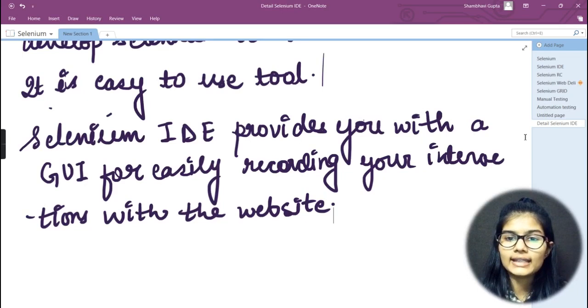Okay, and next, Selenium IDE provides you with a GUI, that's the graphical user interface, for easily recording your interactions with the website. So here you have a GUI as well, which very simply allows you to record the interactions with the website. Okay, so I hope I'm clear with this complete idea of what Selenium IDE provides to you, what kind of tool it is,